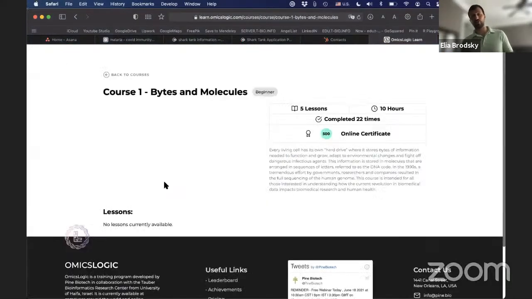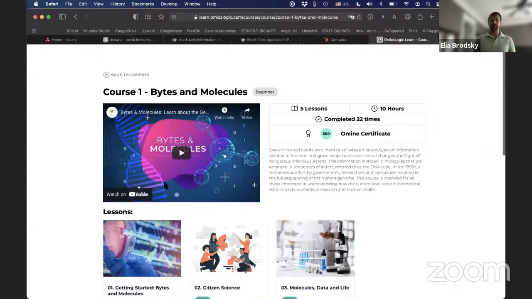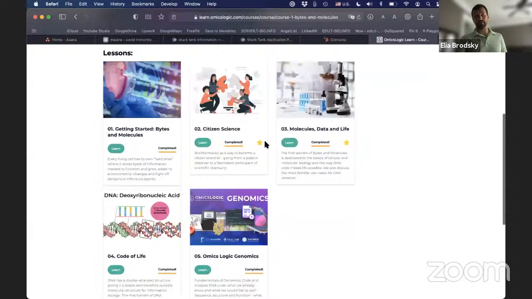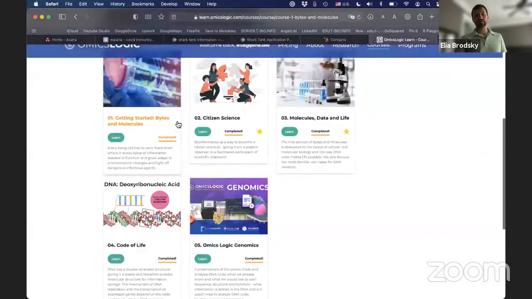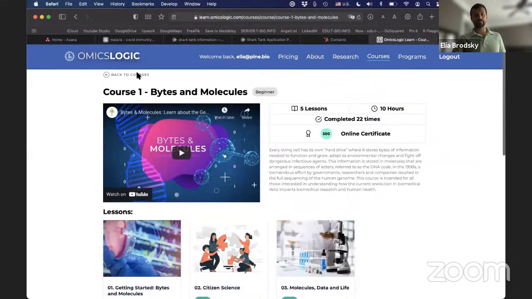Now, this is a free course. Anyone can take it, and this will help you establish some of the terminology and the basic concepts behind genomic data analysis. It will talk about why we should study genomics, how we should study genomics, and what are some of the exciting examples of the application of genomics in a variety of fields. So you can learn about this by completing this course.